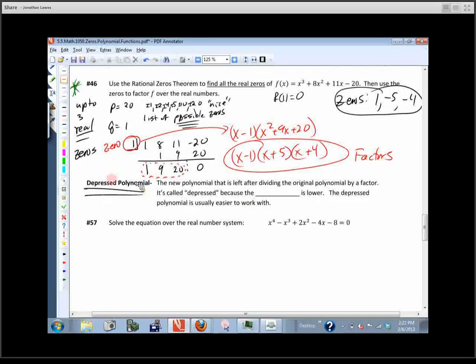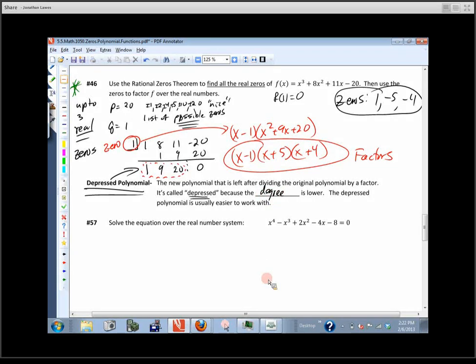Okay, last vocab word and we're done for today. This right here is what we call a depressed polynomial. Okay? So the new polynomial that's left once we divide, we call it a depressed polynomial. It's called depressed, and this is a little cheesy, I apologize. If you were in the 10-10 class, we had things about the parentheses being married and all sorts of funky stuff like that. Okay, the reason this is depressed is it used to be degree 3. It's a little bummed because it's now degree 2. They got divorced. Whatever. The degree is lower.